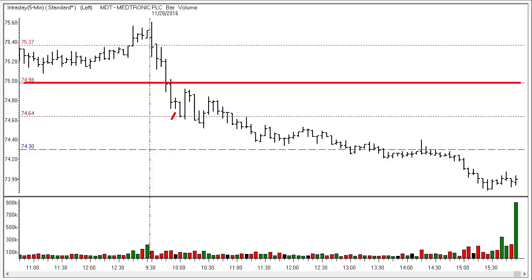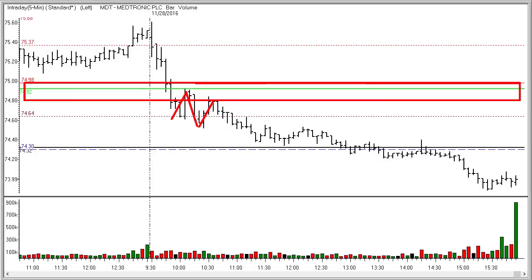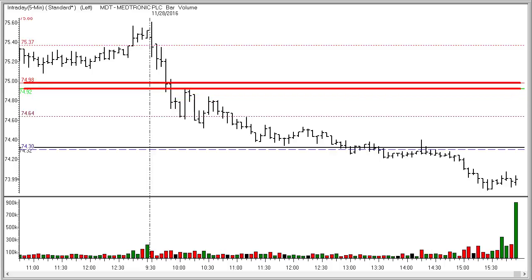Then price oscillates a little bit around that 50% to target level. Adding these lines to it, these floor trader pivot lines, gives us a little bit more color as to what's happening. We see that the oscillation around that 50% to target line gets us back up to here at $74.92. That is the S1 pivot, the first support level pivot line that we were anticipating from the trading plan. And we see that once it got there, it bounced and moved lower, came back into $74.64, and eventually we got down here to